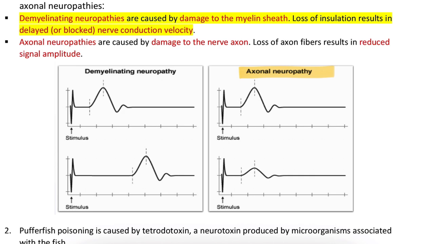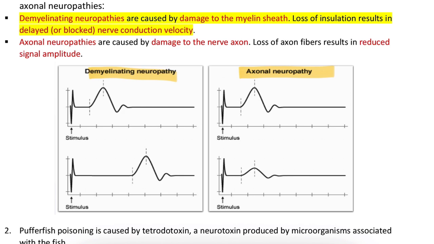So, if you are comparing demyelinating neuropathies and axonal neuropathies, we have conduction velocity and signal amplitude. In demyelinating, the conduction velocity will decrease, and the signal amplitude will be normal or slightly reduced. In axonal, the conduction velocity will be normal or slightly reduced, the signal amplitude will